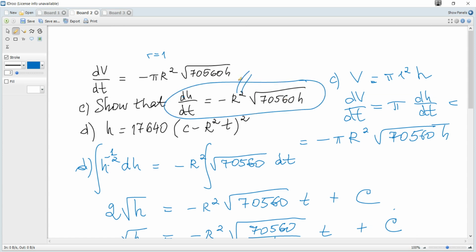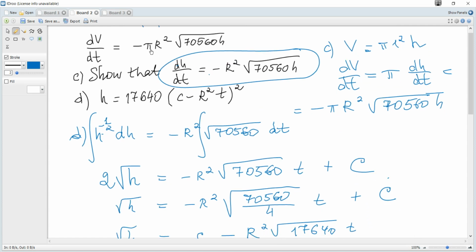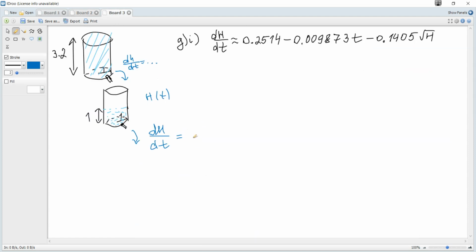The radius of the valve is the same, and minus, so it becomes negative r, which is 0.023, negative r squared, a root of 70560, and also capital H, and